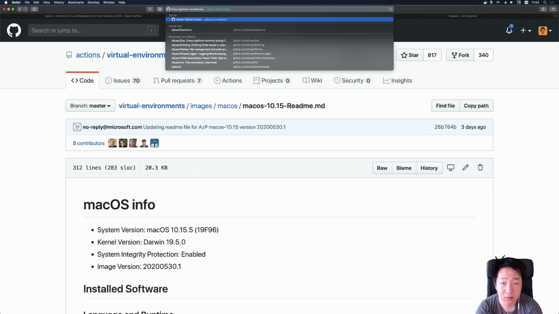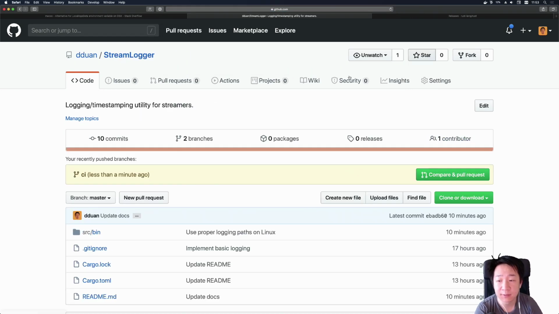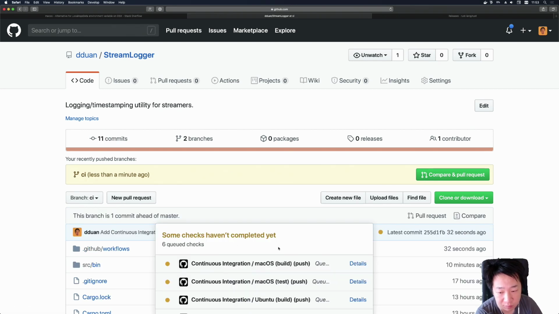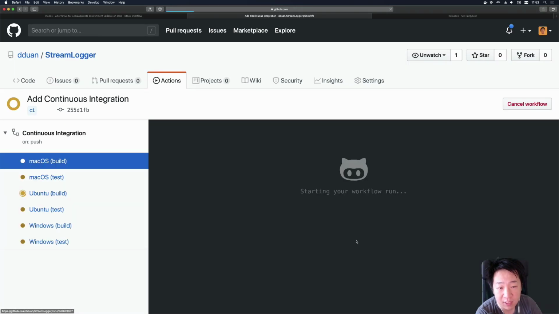Stream logger, right? Okay. So having pushed this, it should already have kicked off a task because we specified it for push. So let's just look at what happens there. Okay, a bunch of stuff spawned. We have build and test on all 3 platforms. I'm most interested in the Windows one because